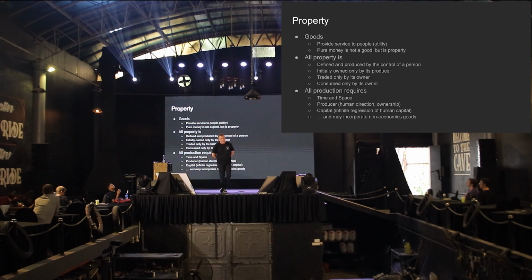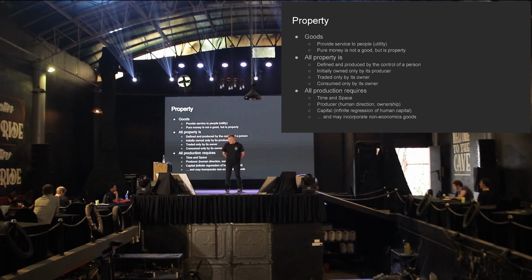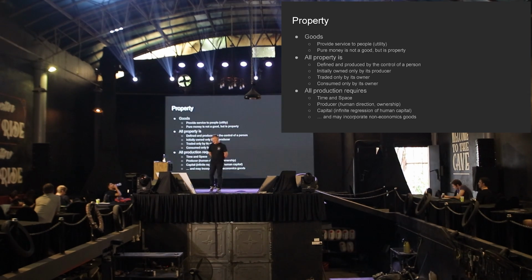For production of property to occur, some person has to actually take control of it at a minimum. Put a fence around some land, take an idea, write it down, think it up. And that implies ownership, right? So there's shared direction in production. So we'll talk about, I'll say this week to talk about people, laborers and thinkers. But then there is capital required, right? At a minimum. And of course, production may incorporate non-economic goods.